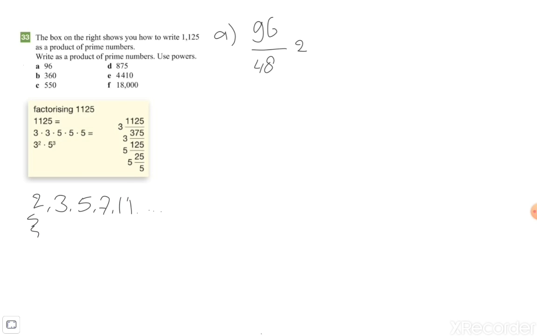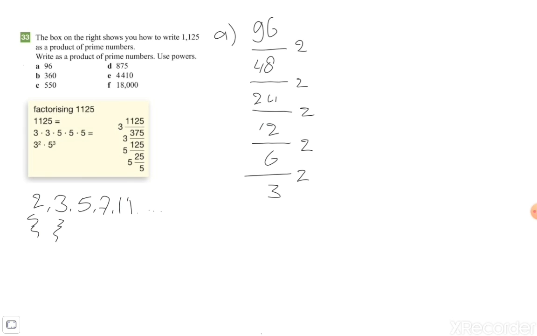Now let me go on. Can we divide 48 with 2? Yes, that's even possible, because that's 24. Can we divide 24 with 2? Yes, because that's 12. Can we divide 12 with 2? Yes, because that's 6. Can we divide 6 with 2? Yes, because that's 3. And can we divide 3 with 2? Yes, we can, but then you do not get a natural number like 1, 2, 3, 4, 5, etc., because it's 1.5. So we can't divide it with 2 anymore, so we go to the next prime number,